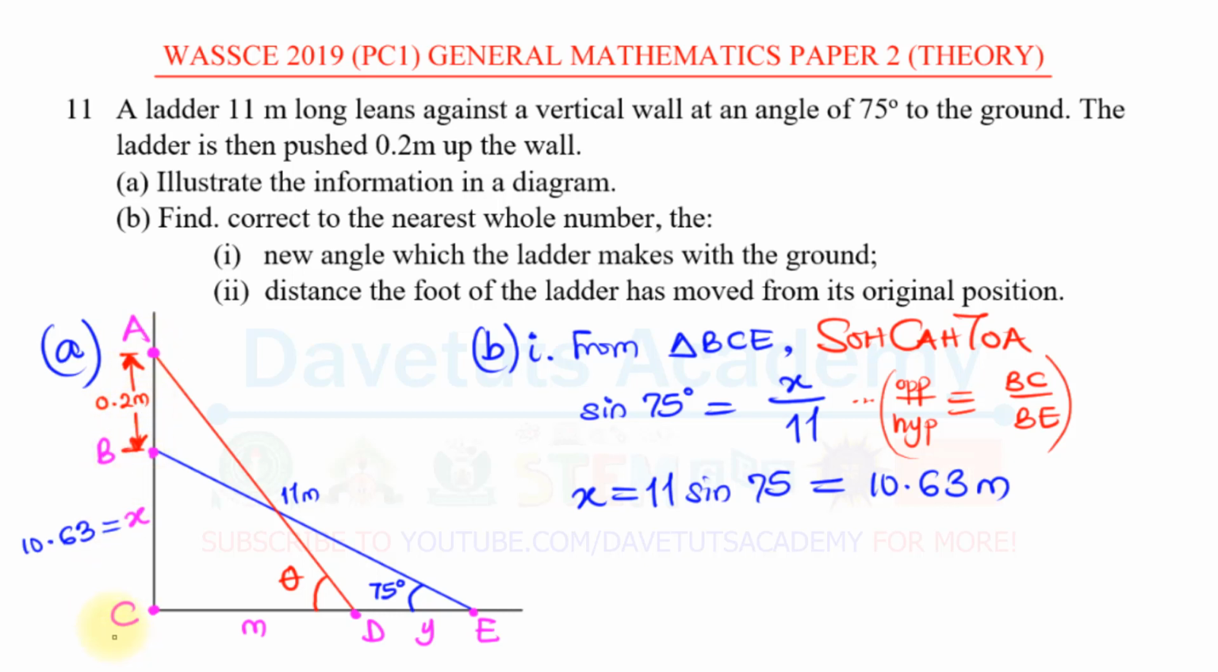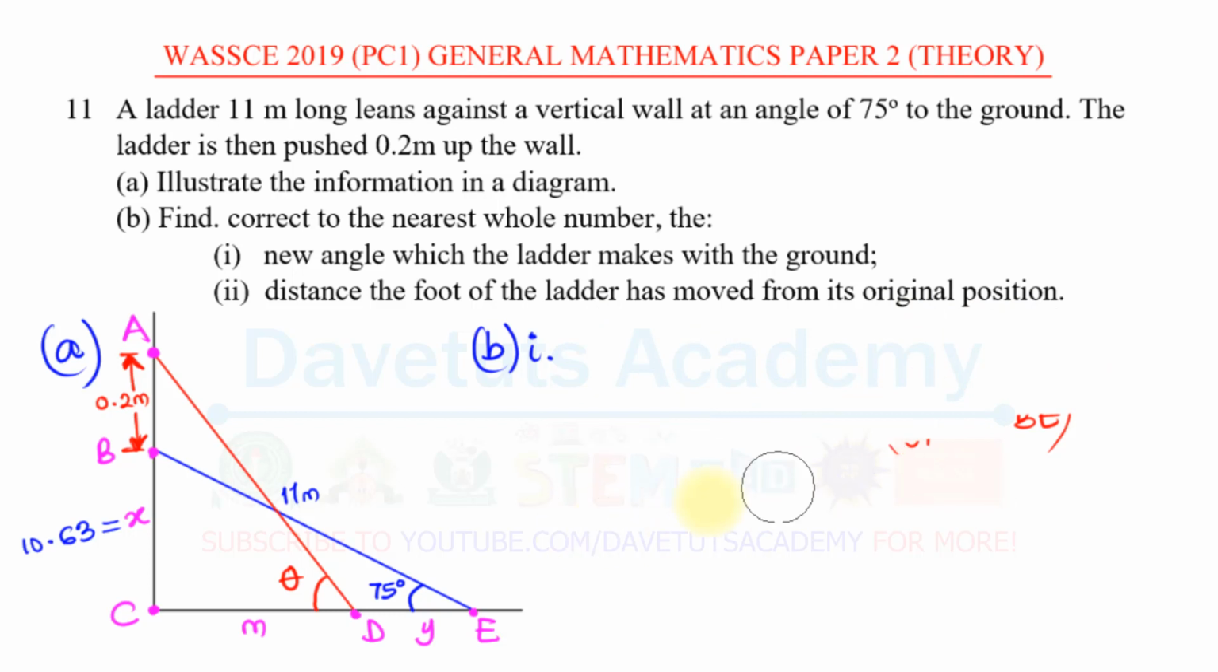Now, since I know x, I can find the value of AC, because initially AB is 0.2 meters, BC is now 10.63 meters, meaning that AC is the addition of the two: 0.2 meters plus 10.63 meters. Let me just erase this so that I can have a good chunk of board to work with. I've gotten x. I can now say, from the triangle ACD, this triangle,